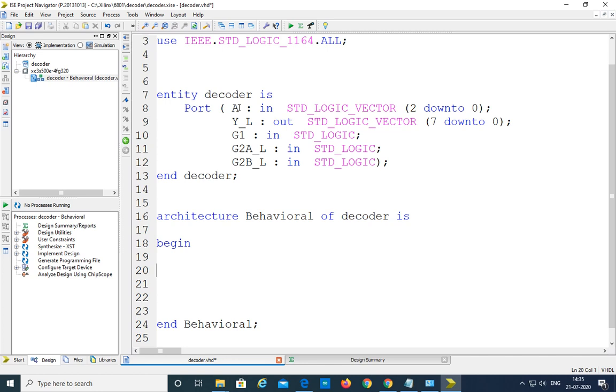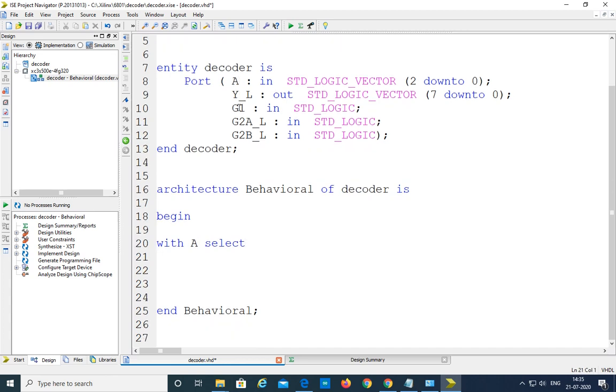So that's why I am writing here with a select. With a select, I am writing here output is 1 2 3 4 5 6 7 0